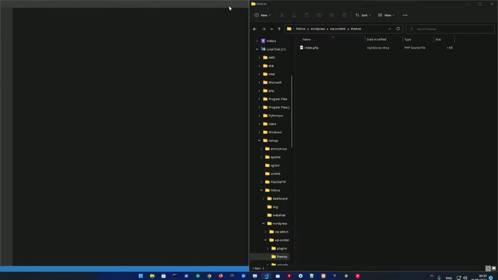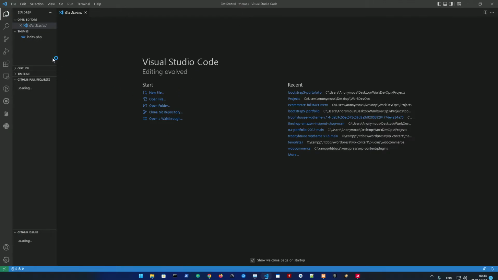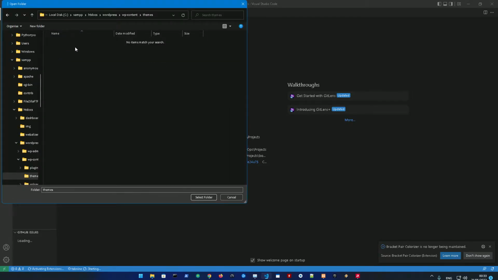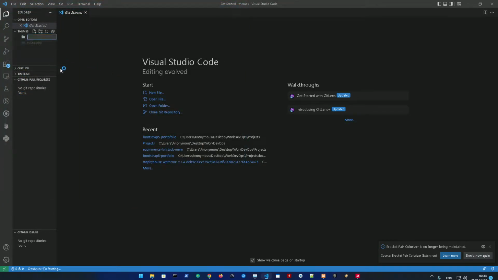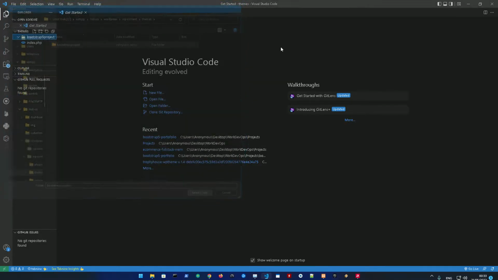Select folder. That is in Visual Studio Code. And so in Visual Studio Code, as you can see here, we have nothing right now. We just have an index.php. So we have literally nothing. So we're just going to create a new folder. We're going to make it Bootstrap 5 project, for example. And then we're going to open that folder. So in themes, Bootstrap 5 project,